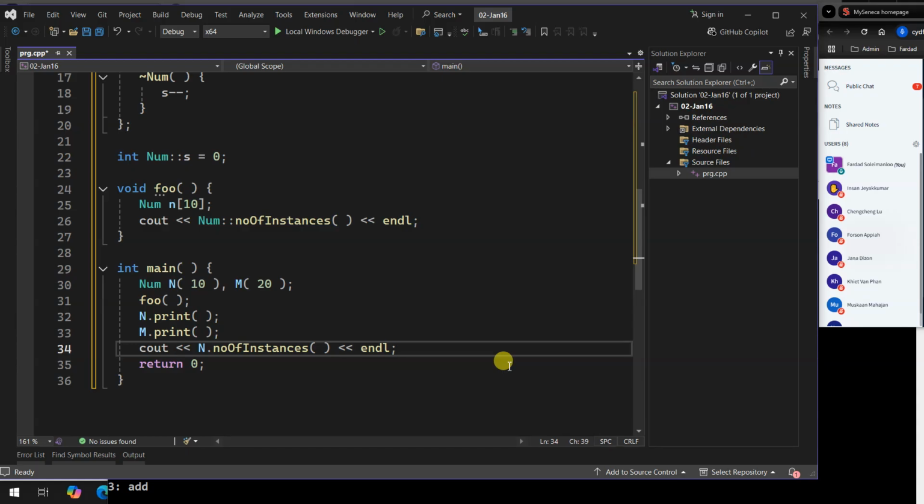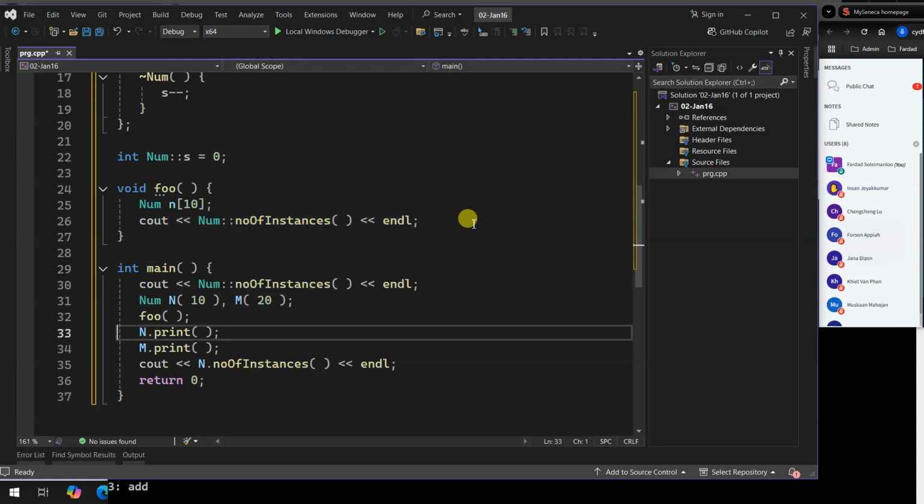You can even call, so I can even do this. Take a look. Before I create anything, I can actually call the function. Because the function is static, it exists without instantiation. Therefore, you can call it.